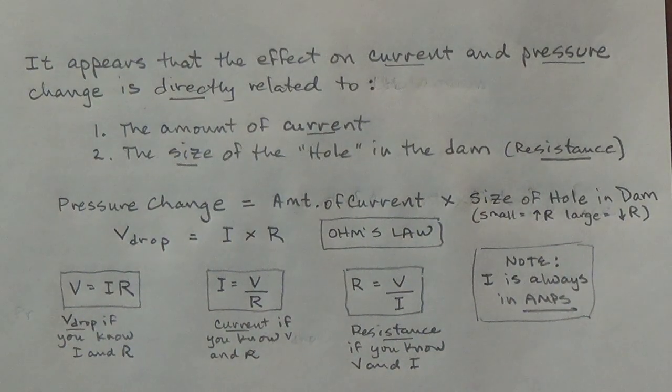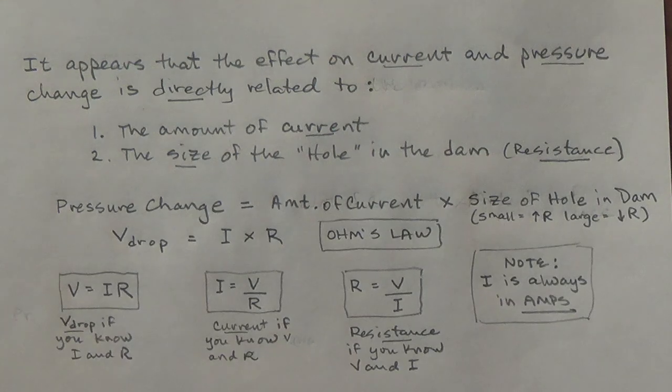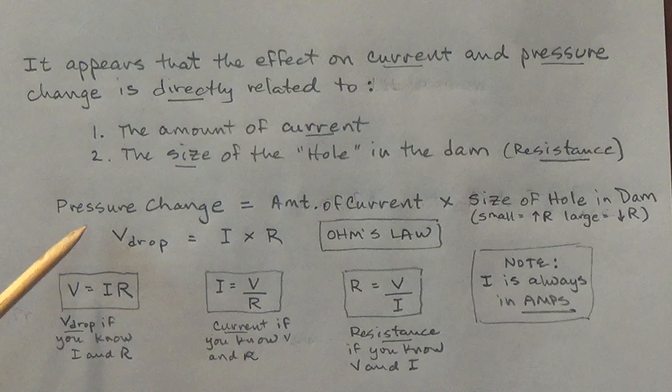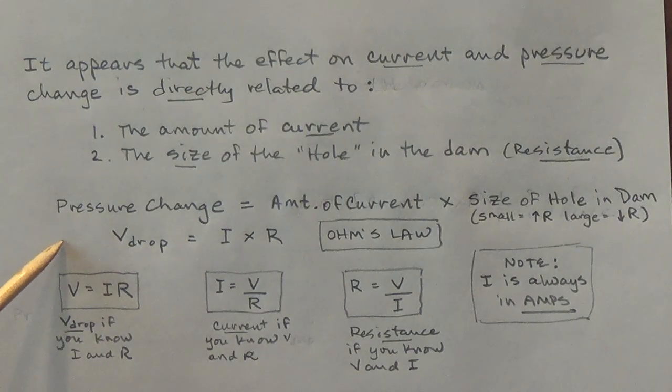Now let's take it to even simpler terms, because it's always better, I think, to boil things down to the simplest form. It makes them easier to understand, as long as we know where those simpler terms came from. Let's call the pressure change on either side of the dam the V for voltage drop. In other words, the pressure is going to drop, isn't it, from the left side of the resistor or dam